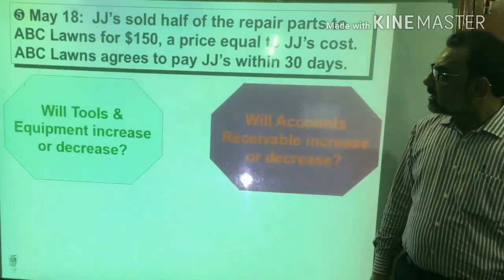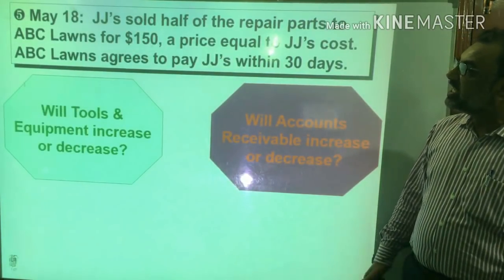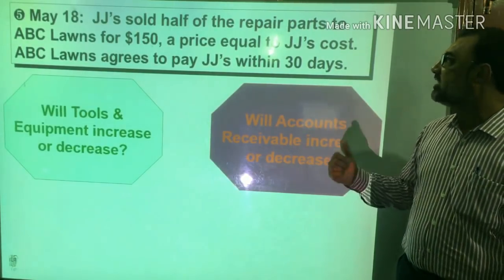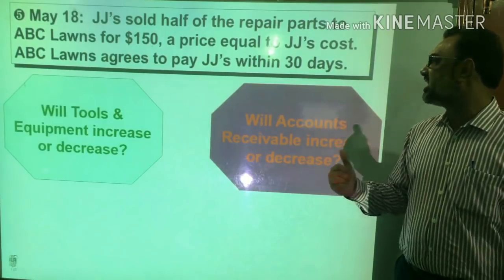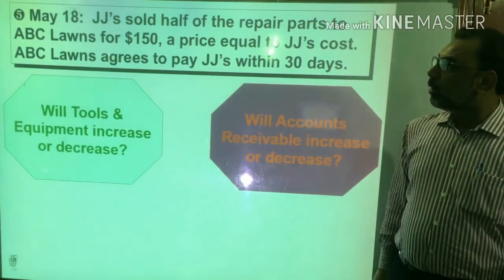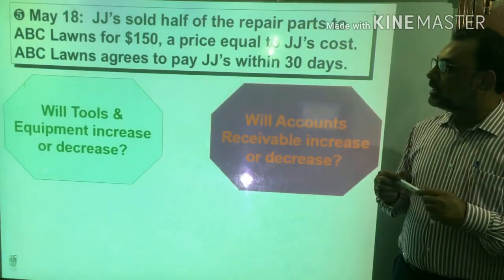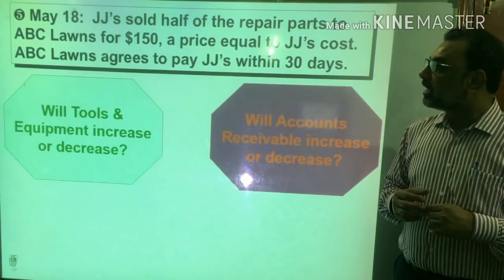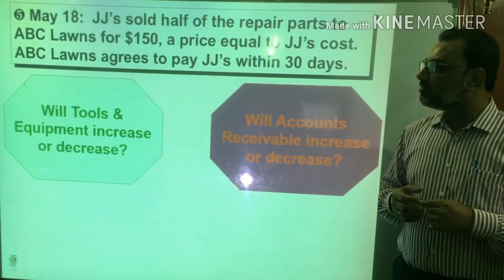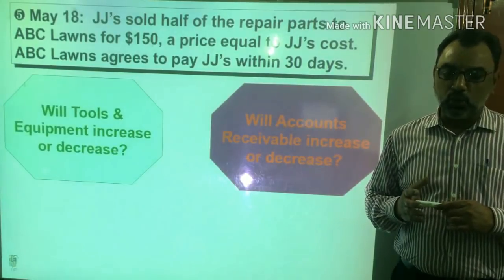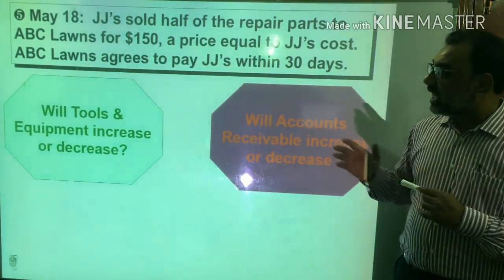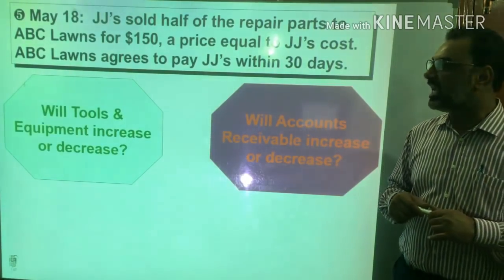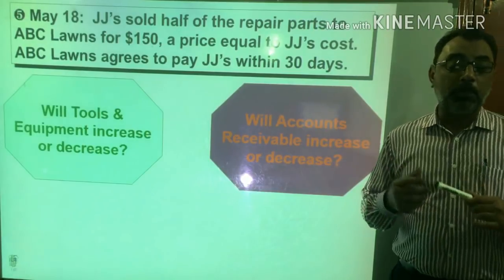Then in the next slide, on May 18th, JJ sold half of the repair parts to ABC Loans for 150, a price equal to JJ's cost. ABC Loan agrees to pay JJ within 30 days. So here, what is going to happen? JJ has some excess repair parts. They decided to sell them. So the excess spare parts have been sold at the amount of 150. And these tools and equipment have been purchased by ABC Loan with a promise to pay within